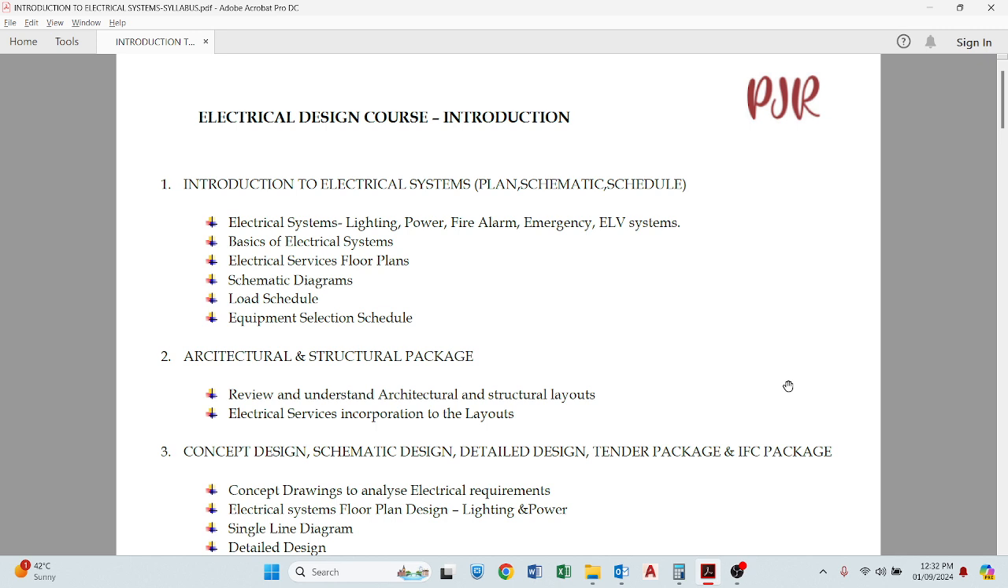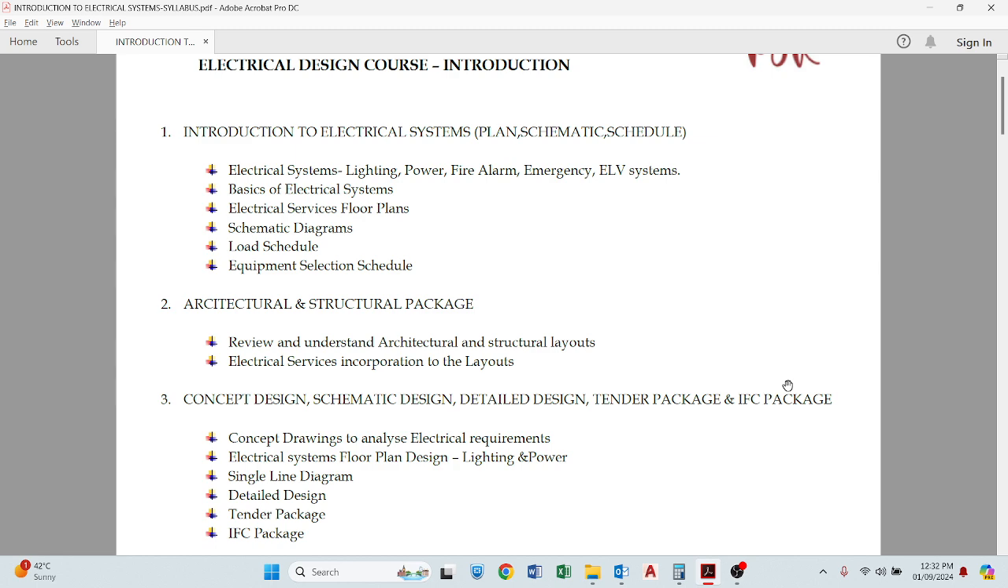Then what services there are in the electrical, like lighting, power, fire alarm, emergency, ELV, we will give the basic idea. And there will be a session for the basic electrical system and the equations, like the basic concepts of electricals. And in session 2, there will be an architectural and structural package, which will explain